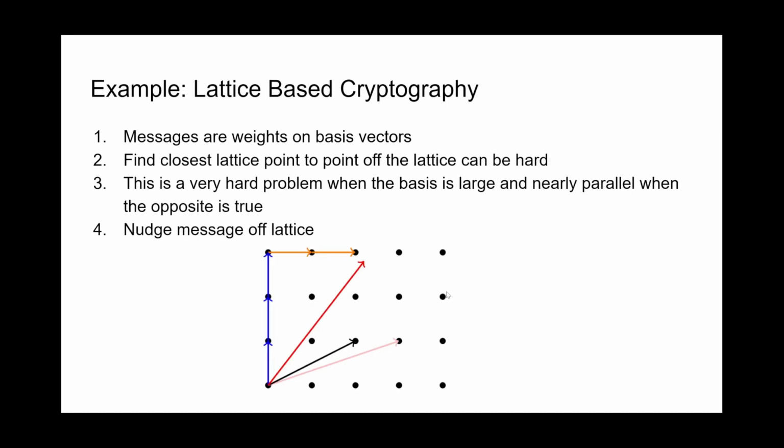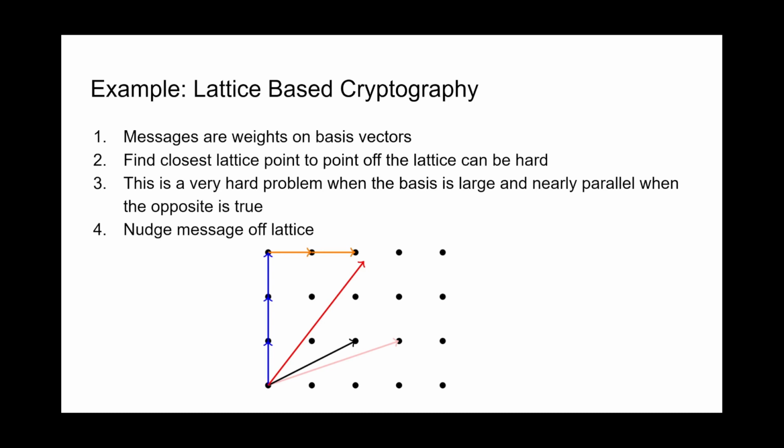So in our lattice-based cryptography method, our messages are going to be weights on basis vectors. And a really hard problem for quantum computers to solve is finding the closest lattice point to something not on the lattice. And this is especially hard when the vectors are nearly parallel and they have a large magnitude. For instance, the black and pink vectors seen in the image below are very close to each other angle-wise and